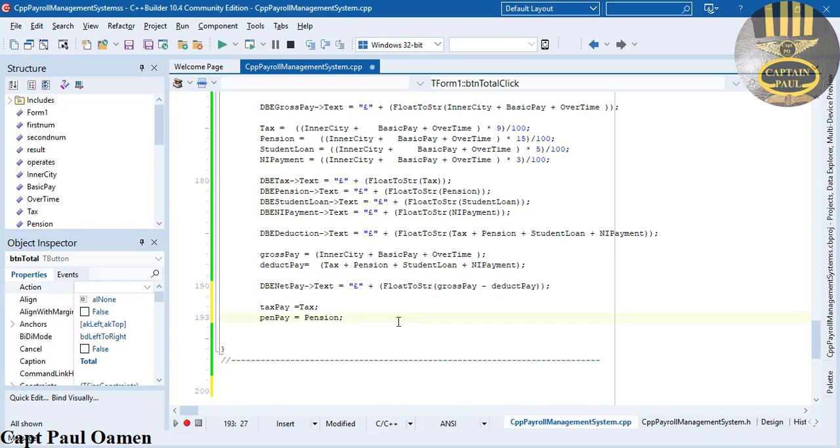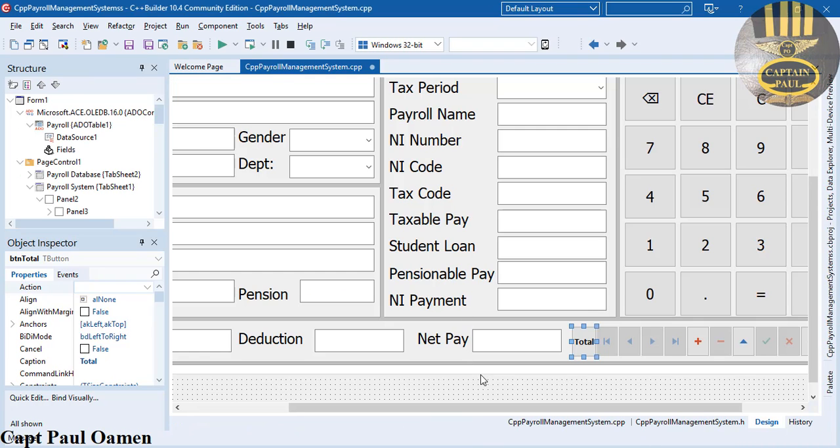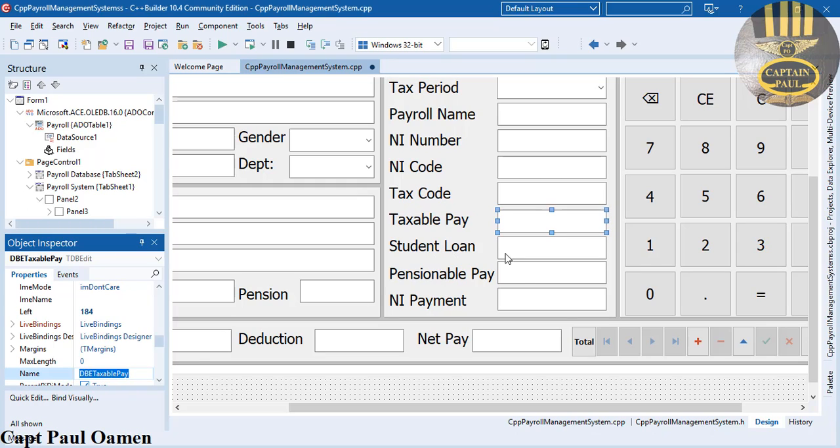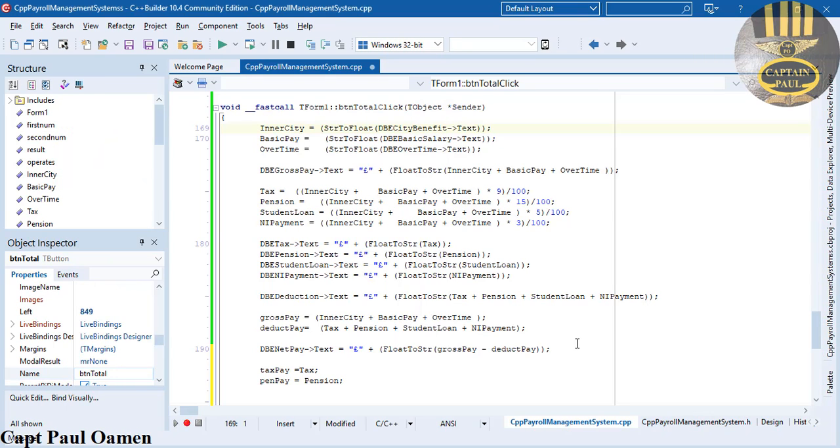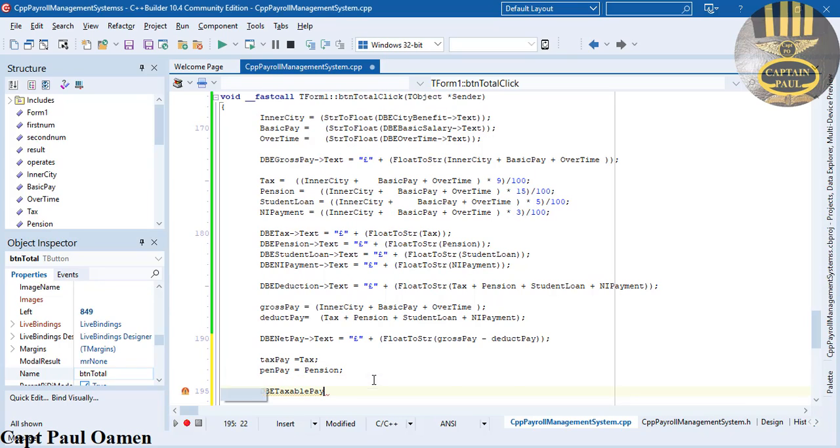Okay, we now want tax payable or payable tax. This is it here. Yeah, it's called taxable payment. Grab that, and pensionable payment. Okay, so let's go back in there. Pensionable or taxable, that is, and that will be,